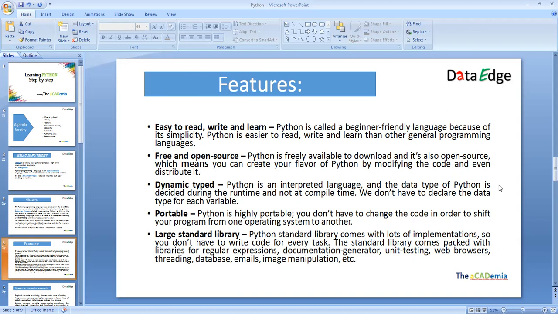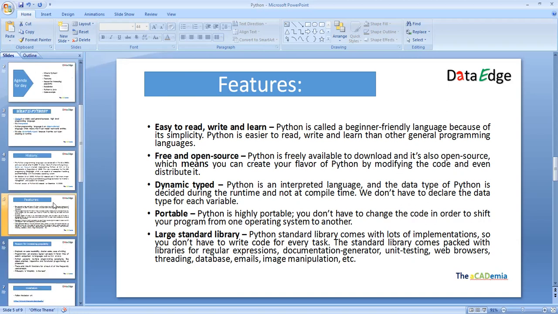The standard library will easily separate the things and fix the things from the library, like regular expressions, documentation generator, testing, web browsers, threading, database, mails, image manipulation, and etc. So these are the facilities and features of this language. We call it Python. Let's come to the next slide,